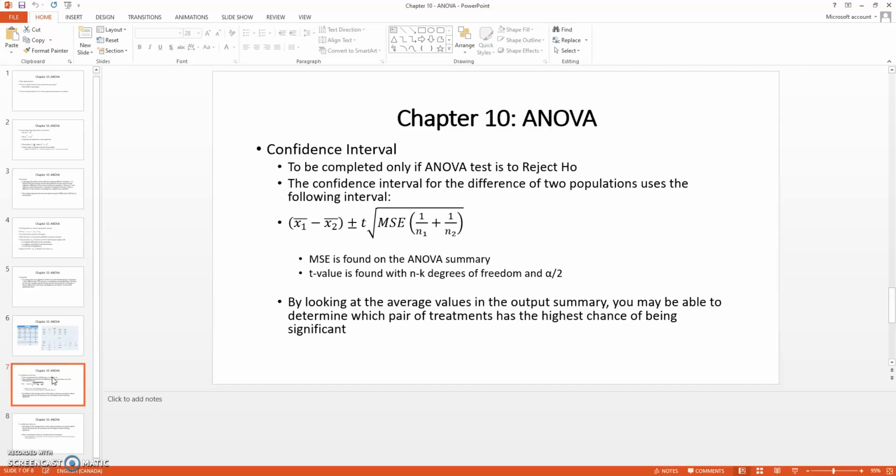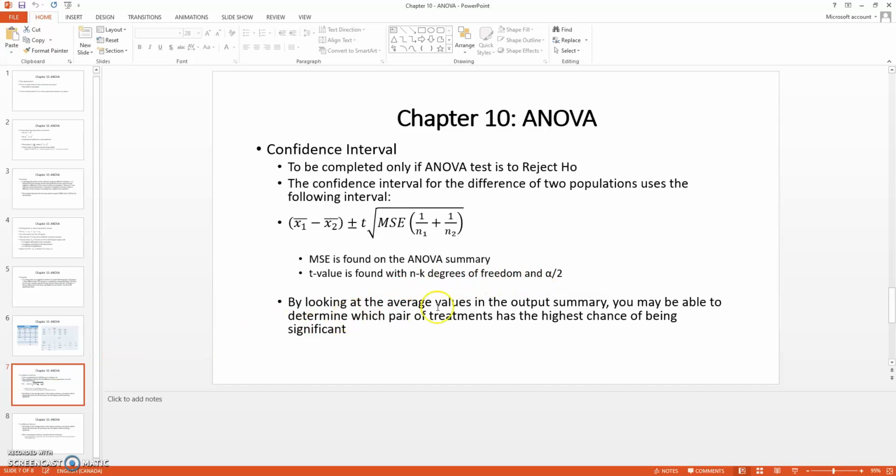So we're going to be looking at this. This is basically looking at the difference between 2 sample means using a t-value, the MSE number from our summary output, and then the sample sizes from the 2 populations. This t-value is found using n minus k degrees of freedom. In this example we have 22 calves and 4 treatments, so there are 18 degrees of freedom. Alpha divided by 2, where alpha in our example is 5%, so we find this t-value using half of alpha, or 2.5%,